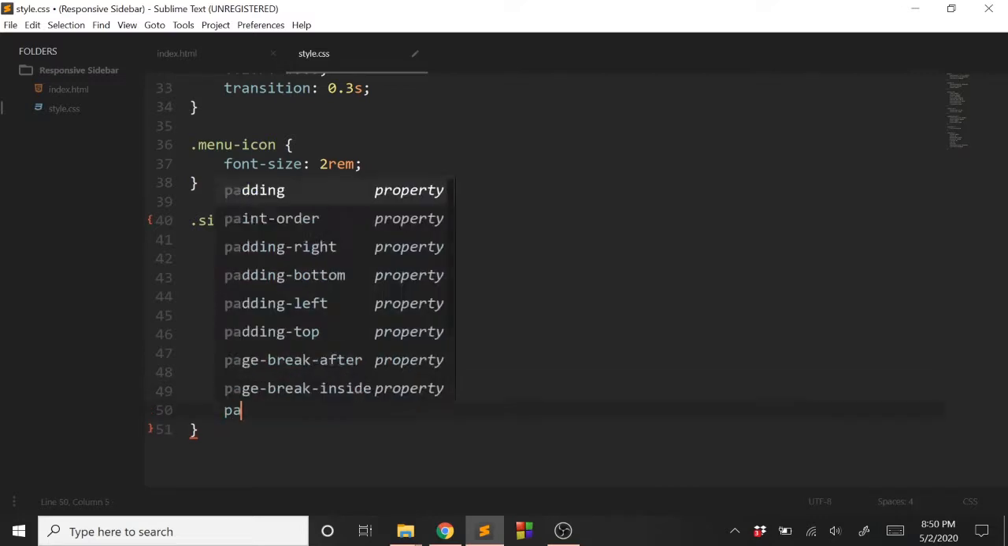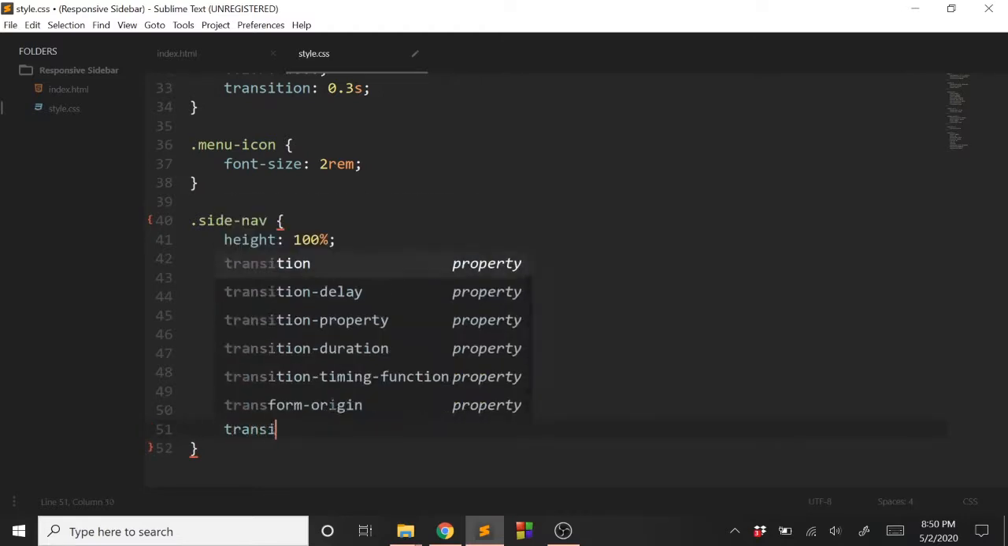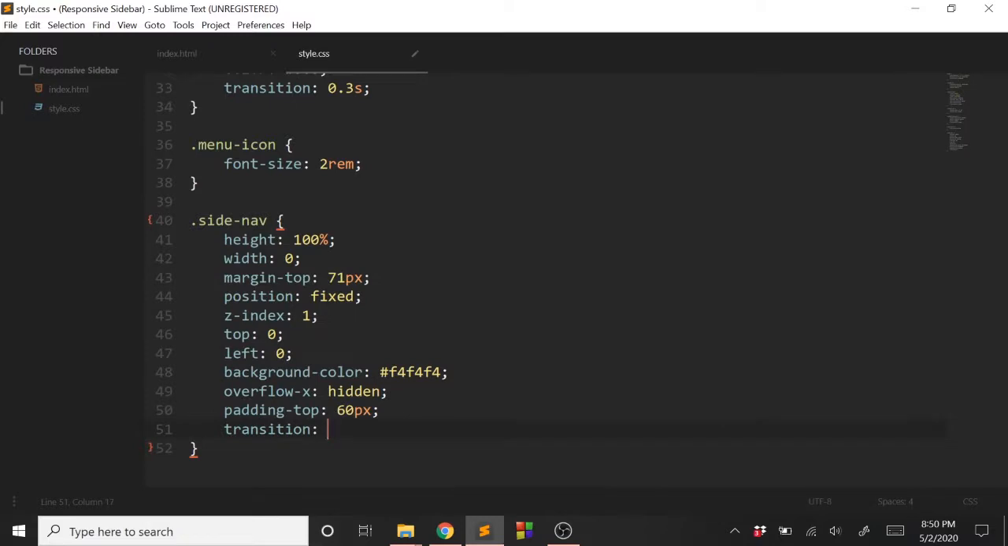and then a padding-top to be 60px, a transition to be 0.5 seconds, a box shadow to be 2px, 2px, 15px, gray,